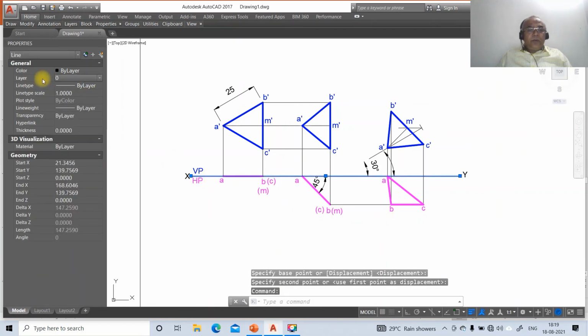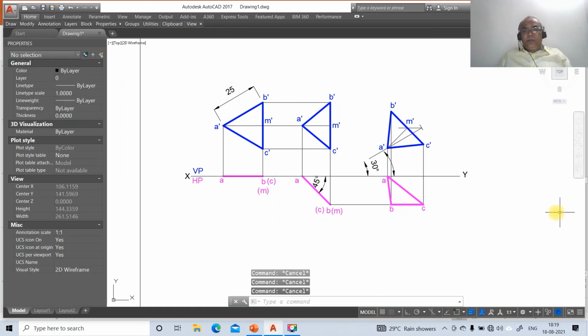So go to this and go to layer, make that layer as XY layer. So this is how you will be able to finish the drawing.